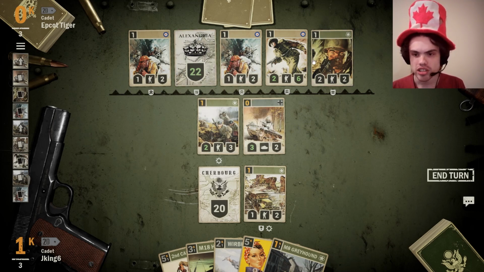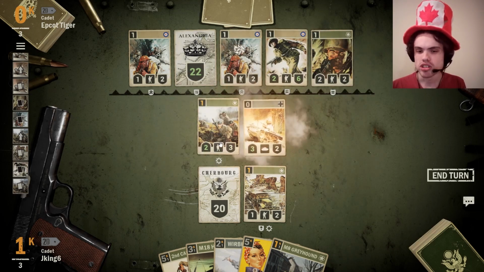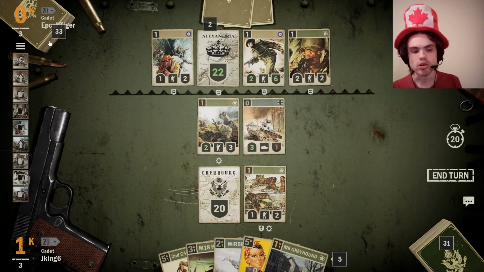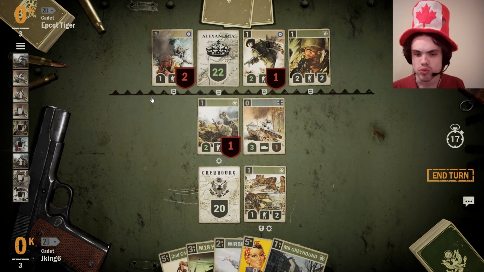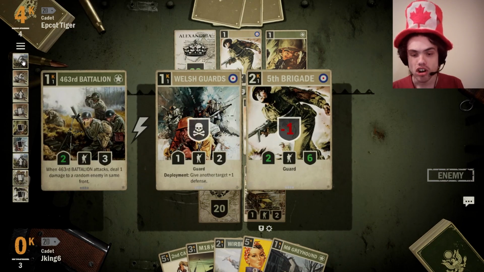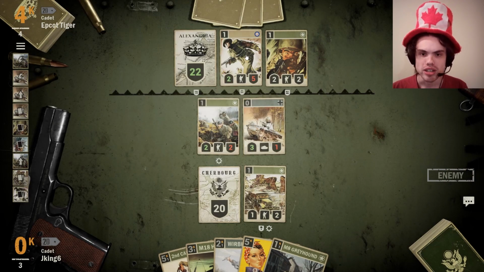So, because all of these units have guard, we can't attack the HQ, but even if they didn't have guard, we wouldn't want to attack the HQ, because again, it's very, very important to be trading with this deck, especially against control-style decks, where our opponent will likely have at least a handful of board clears in his deck, so we will take this very slow. We will remove the 2 Welsh Guards in this order, so that the 463rd ping will not hit the other Welsh Guards we are killing this turn,